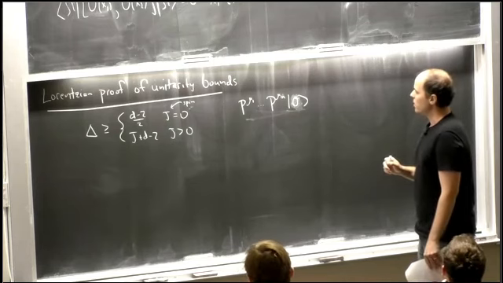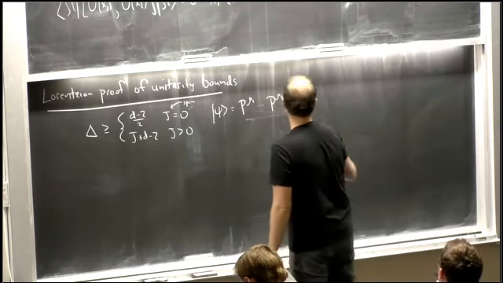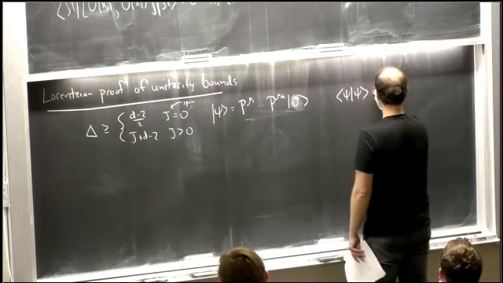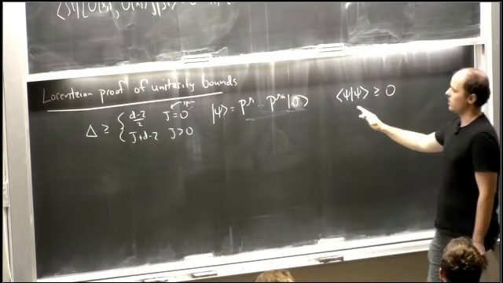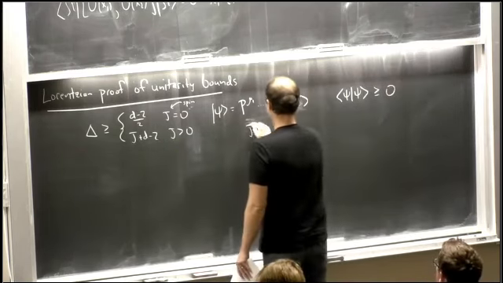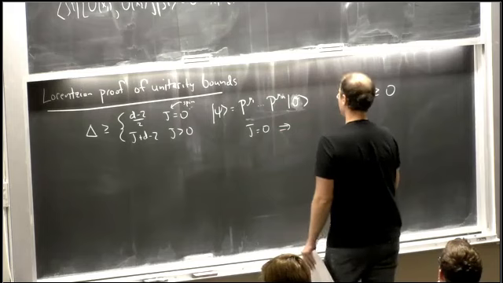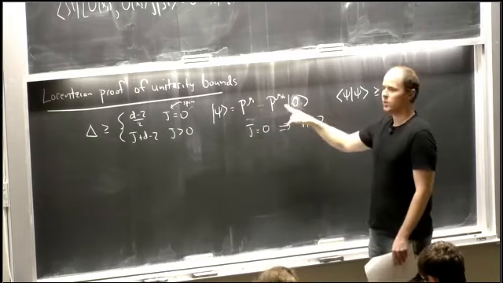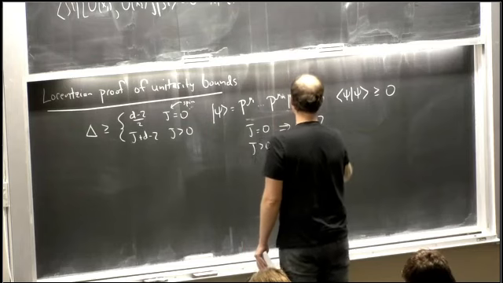Okay. So good. So the idea was to study some descendant state like this in radial quantization and demand that the norm of the state is positive, and demanding that the norms of states are positive gives constraints on delta and j. And in particular, the j equals 0 case, this bound that delta is bigger than d minus 2 over 2 comes from studying descendants at level 2, by which I mean two momentum generators acting on the primary. And the bound for j bigger than 0 comes from studying descendants at level 1.